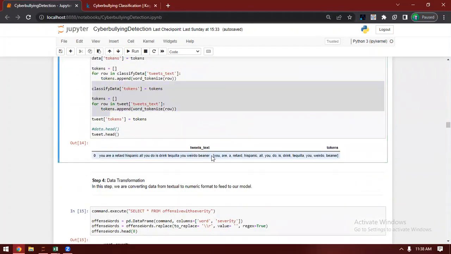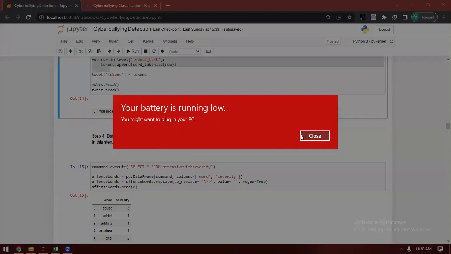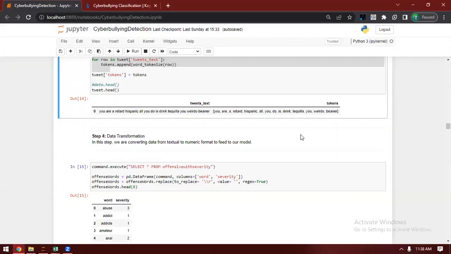As you can see, it has created tokens here, and all of the words, everything is clean. There are no special characters. There are no digits. There are no munched words. We have completely cleaned and pre-processed this, and obviously we can use it now for our next step, which is the data transformation. The data transformation will be used